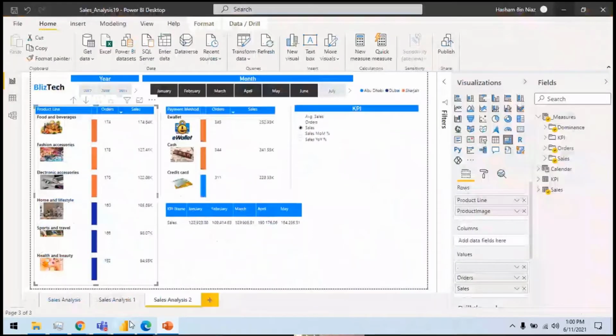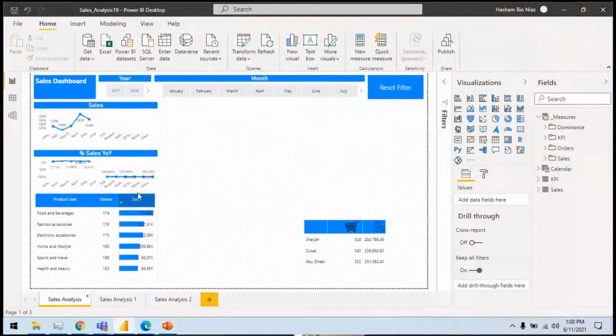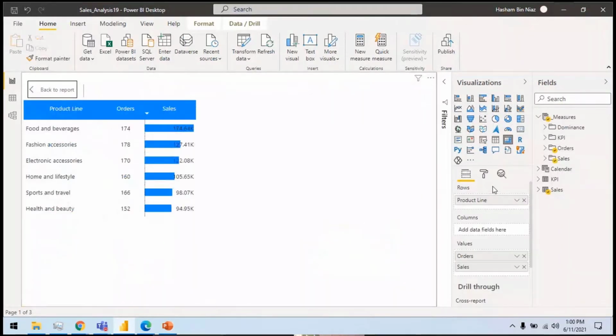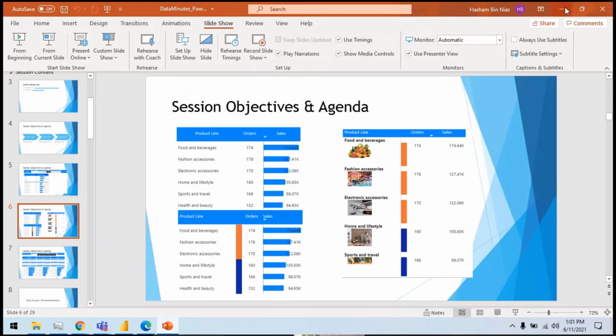So I have this chart available right now, and I can go to the focus mode here. You can see this is nothing fancy. I'm just placing the product line against the orders and number of sales. So this does look cool, but how do we make it more beautiful? To do that, I have created, if I want to add images or I want to add some color highlight rule, which I showed you in my PPT slide,